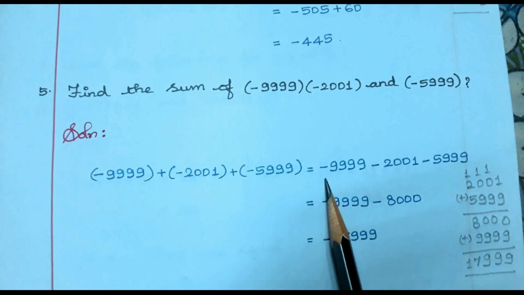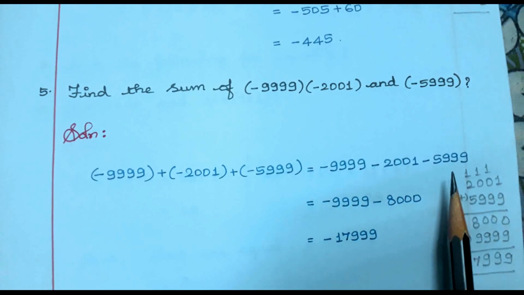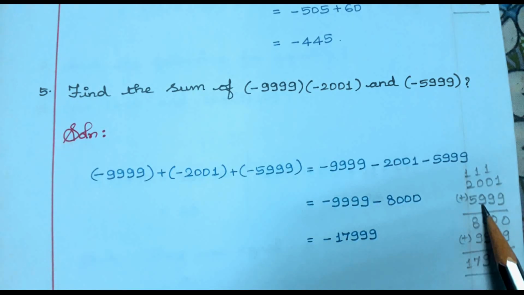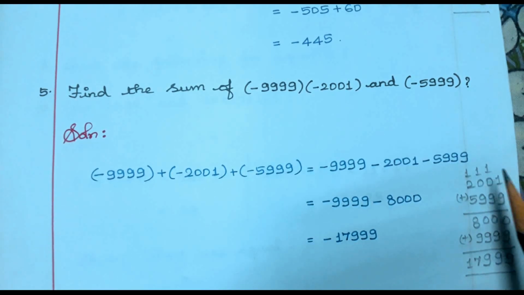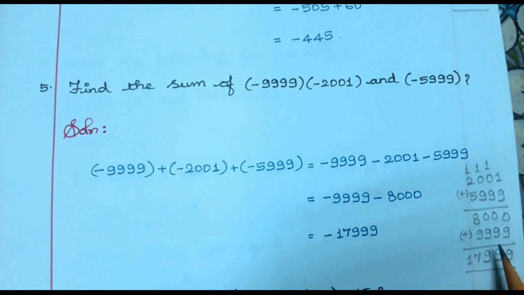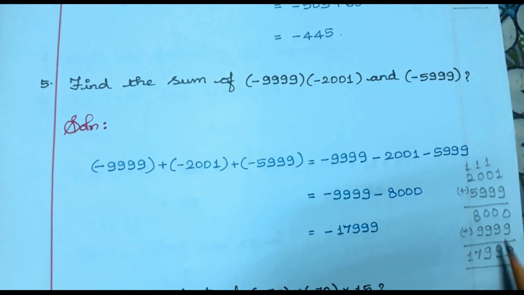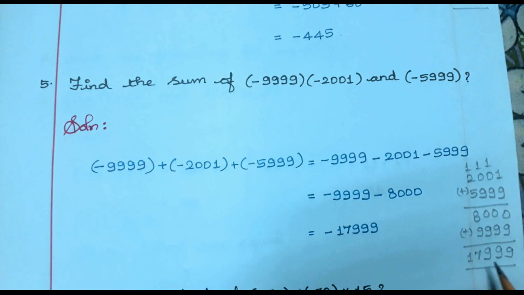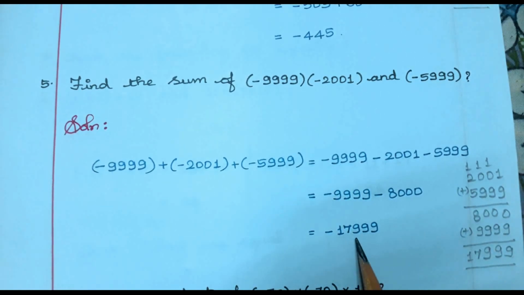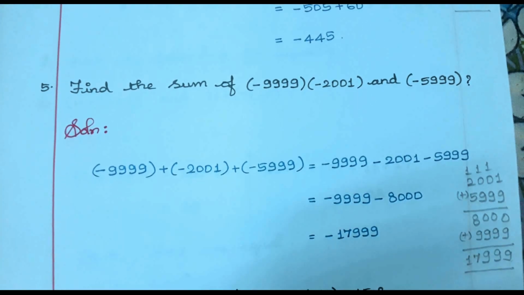In the previous problem we saw that if the signs are same, that is if they are like terms, we can add them. So now I am going to add 2001 with 5999. 1 plus 9, 10, remainder 0, carry 1. 0 plus 0 is 0, 9 plus 1, 10, again remainder 0, carry 1. 2 plus 5, 7. 7 plus 1, 8. Again we have minus 9999 and 8000, so adding, we get 9, 9, 9 and 8 plus 9, 17. Now we got the answer 17,999, and when we check the biggest number's sign, it is minus, so minus 17,999. Clear? Good.